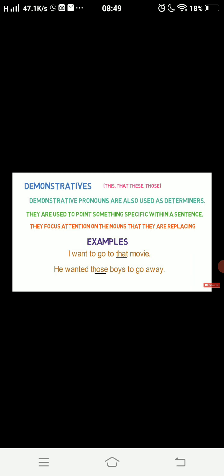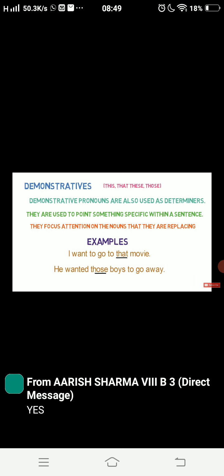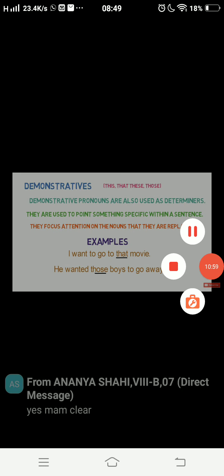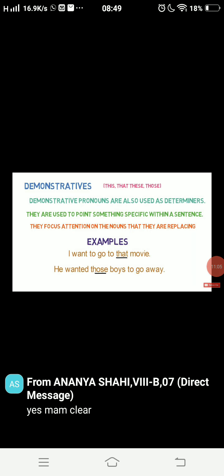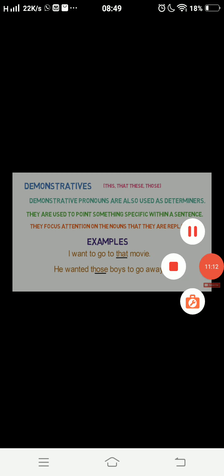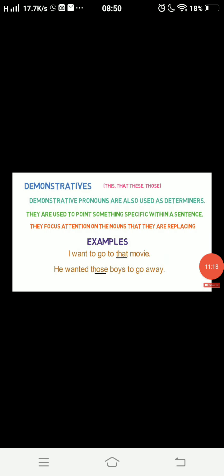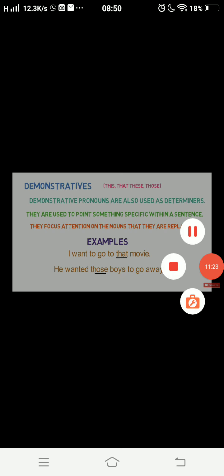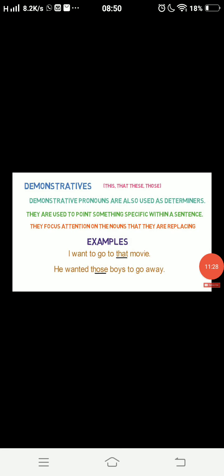So this, that, these, those have only a simple explanation. This and that for near, these and those for far objects. If you want, you can jot this down also. The demonstratives are this, that, these, those, only 4. Can you give me this pen? Those children are quite naughty. Only these 2 examples are given in your book, so you can go through it because it is very simple. You have been doing demonstratives for so many years. I think when you were in 2nd class, demonstratives were introduced to you. Now shall I move further?